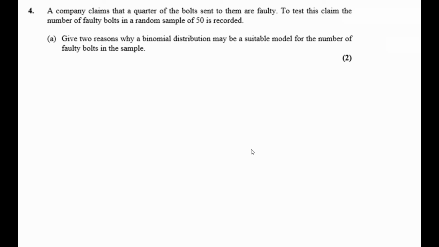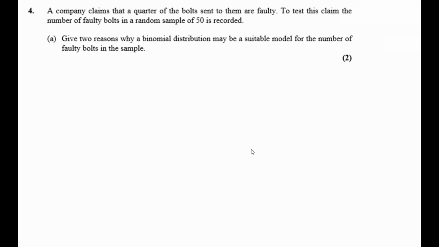Question 4. A company claims that a quarter of the bolts sent to them are faulty. To test this claim, the number of faulty bolts in a random sample of 50 is recorded. Give 2 reasons why a binomial distribution may be a suitable model for the number of faulty bolts in the sample. Well, if we think back to the conditions for the binomial distribution, firstly, we need a fixed number of